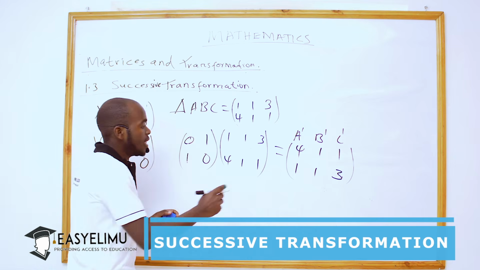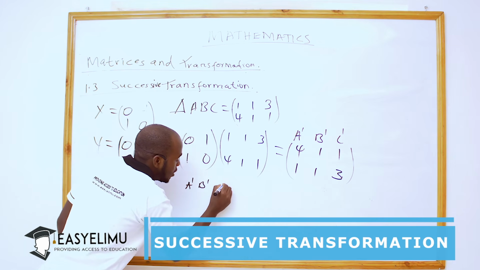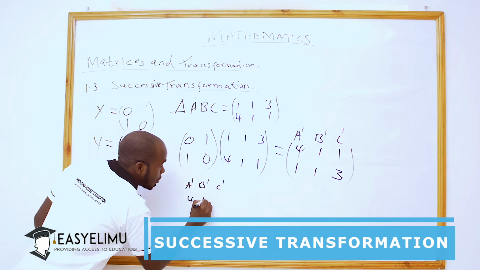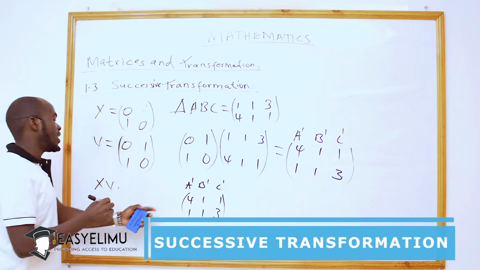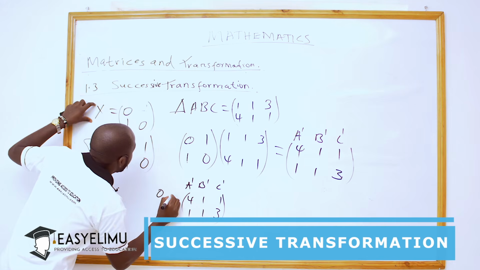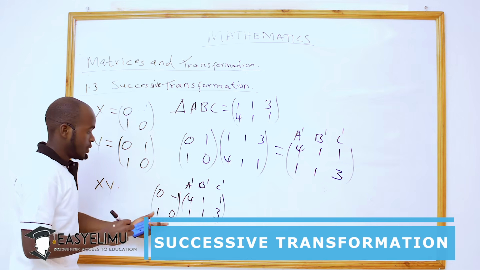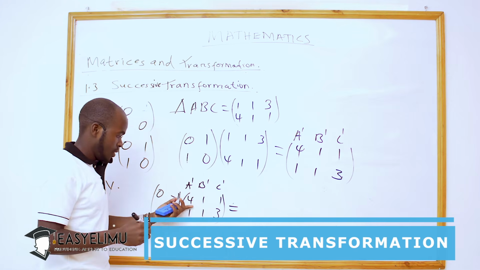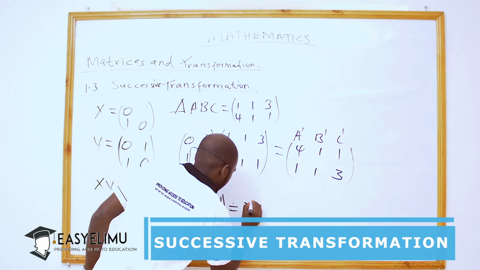That means we shall now take triangle A prime, B prime, C prime through a transformation of X, which is 0, -1, 1, 0. And we shall now get -1, -1,